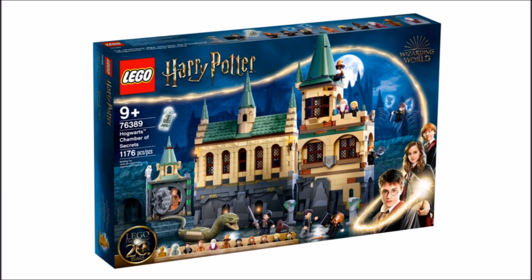So going on to our last set now, we have set number 76389, the Chamber of Secrets. This set comes with 11 minifigures and retails for $130, £130 and €140. Now this set is steep in price, ignoring the out of whack conversion rate again. I still think it's pretty expensive all around the world generally. I would have liked the set to be about $10 to $20 cheaper, but I wouldn't say it's too badly priced, considering we get